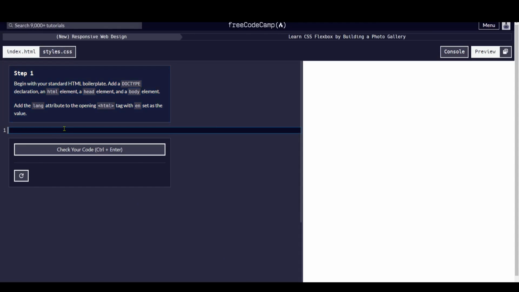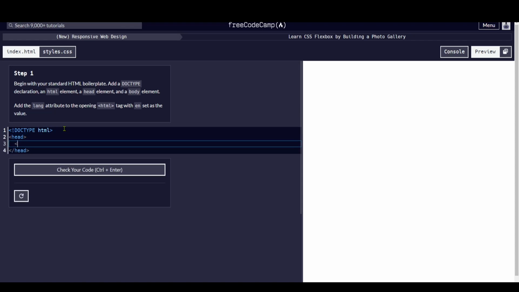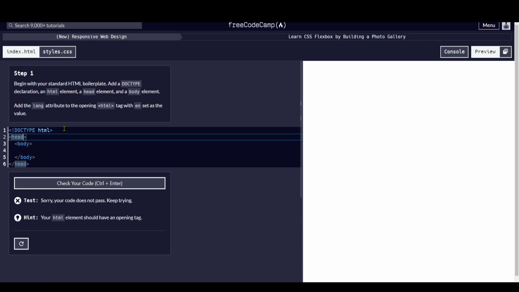Begin with your standard HTML boilerplate. Add a doctype declaration, an HTML element, a head element and a body element. Oh, forward slash, and within